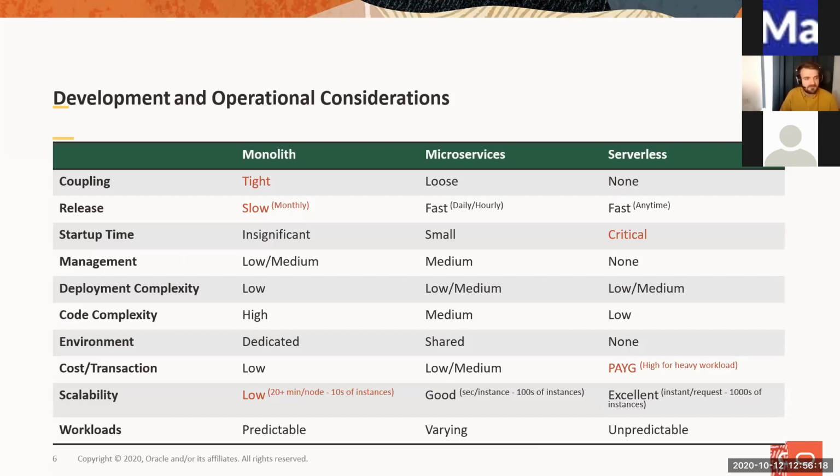So we are talking today about microservices and cloud native, but back in the days, not so long ago, we were talking about monoliths, and we tried basically to group them. We have monoliths, which are the legacy applications. We have the microservices next to them, which is basically the way we develop applications nowadays. And the next step would be serverless, and we're going to cover serverless very, very soon.